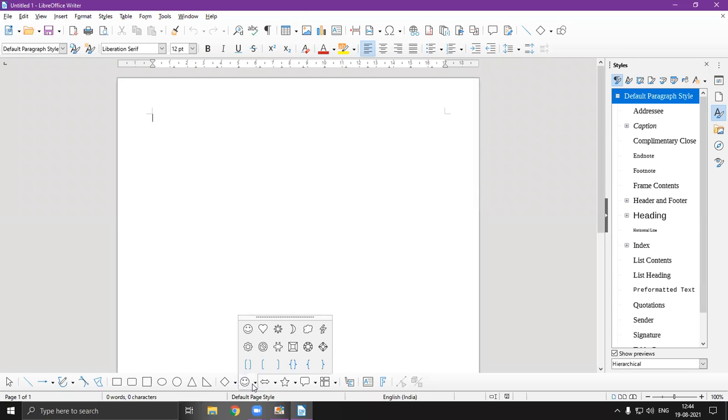If I click on symbol shapes, I can find left braces, curly braces, and so on. If I click here, I will find several kinds of arrows, the direction arrows, up, down, and so on. Here I will find the star category, and here I will find comment boxes, some grids, and callouts.